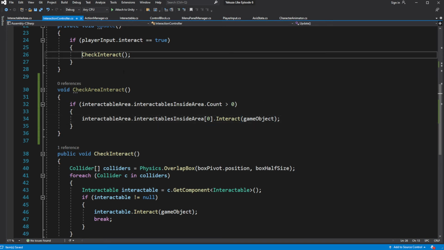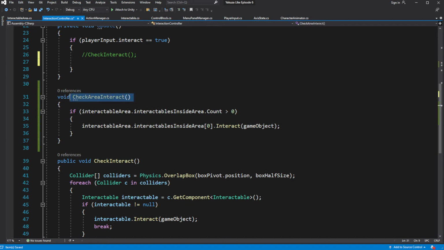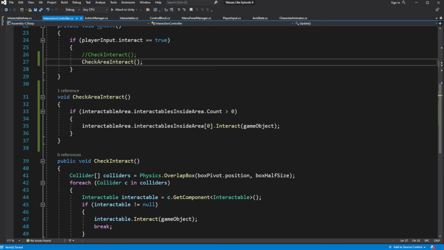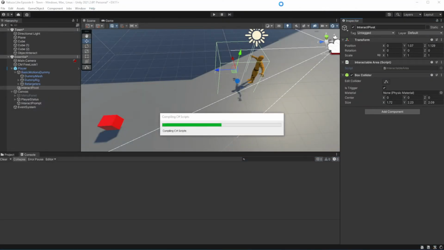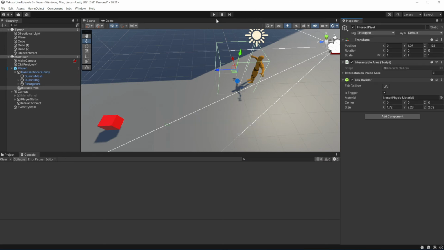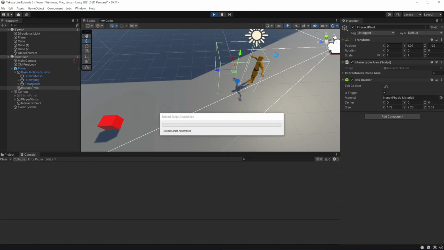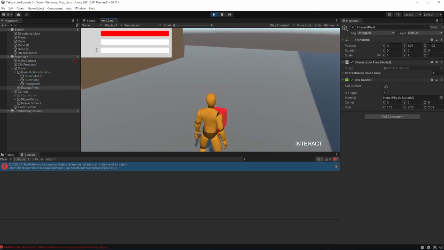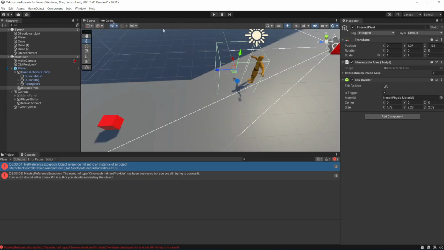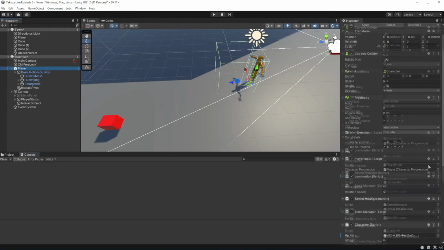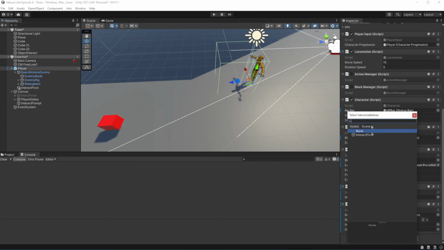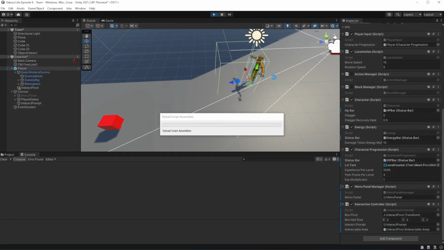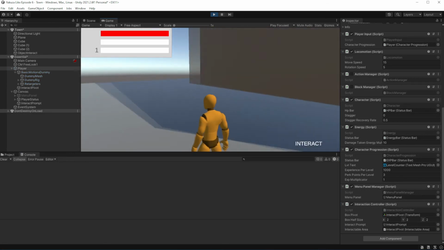Call checkAreaInteract instead of checkInteract. If we launch a game right now, it will work exactly as the same as before, which is what we want. Good.